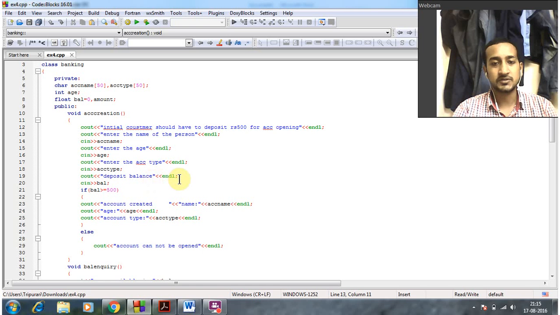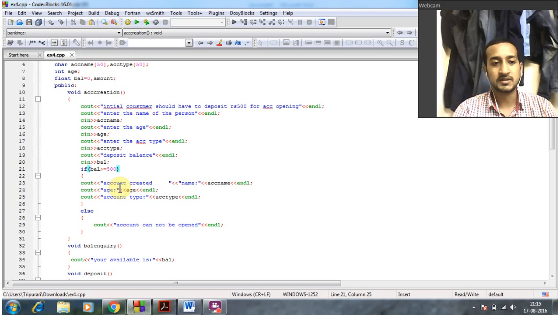Then deposit balance: for opening, the user has to deposit some balance, which was there in the condition also, that it should be above 500, not less than 500. So we are giving that condition. For that condition to be fulfilled, we are taking an if condition. This condition says that if the balance, that is a float data type, is greater than or equal to 500, then the account will be created,